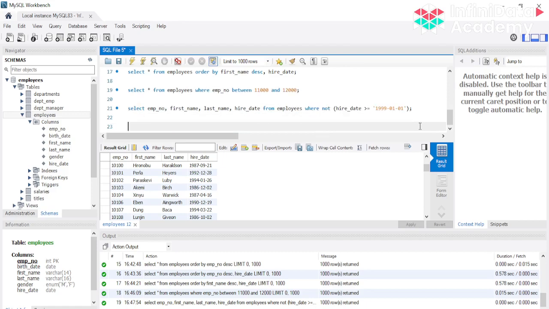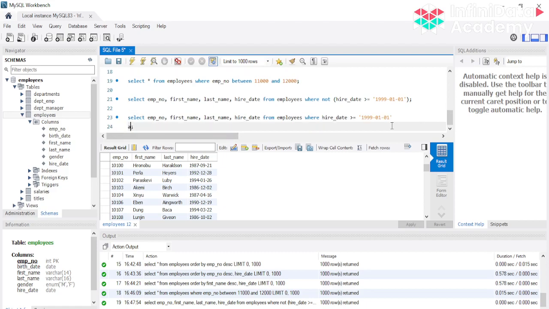Let's take a case of AND as well. I'm using the same query where hire date is greater than this, and I want to add another condition. To add another condition I'll use AND, right?